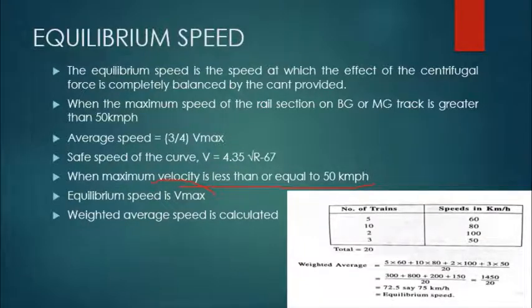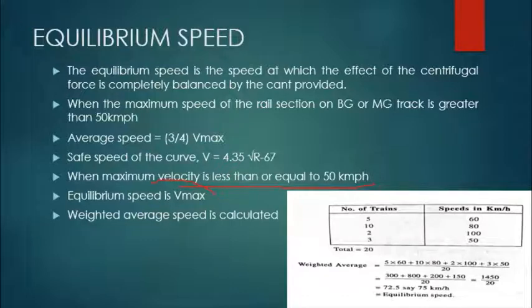Sometimes it is necessary to calculate the weighted average of speeds. In actual practice, trains with different speeds run on curved sections with super elevations. Therefore, the super elevation for which the section is designed should be able to accommodate variations of speed. For this purpose, the weighted average speed of the given section is assessed, and it is given in this tabular column